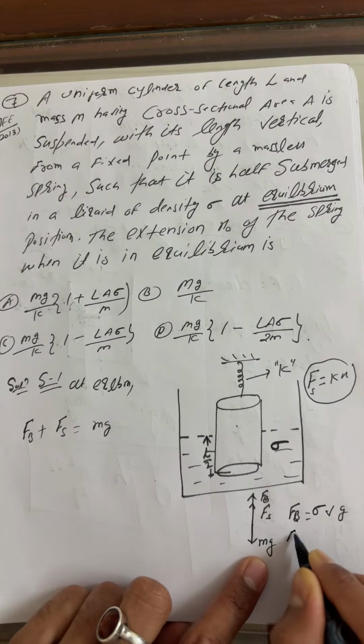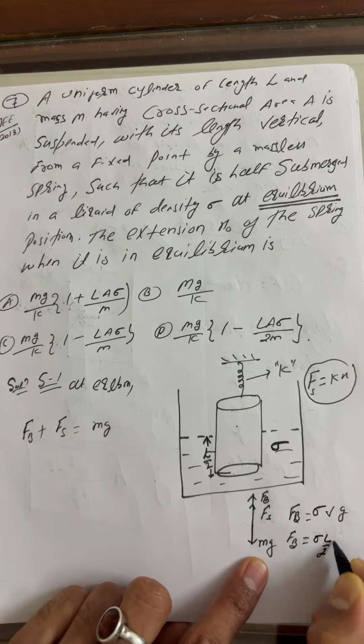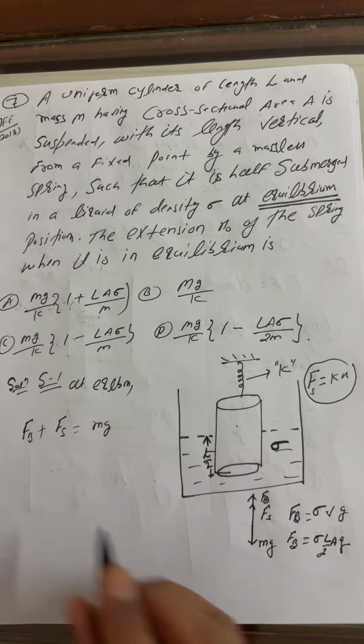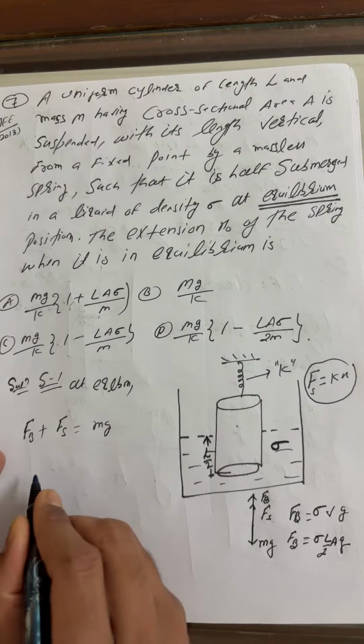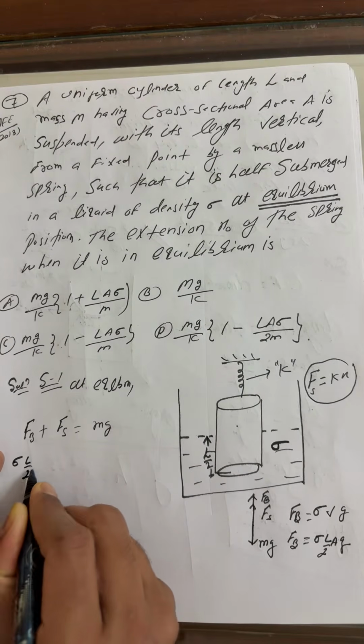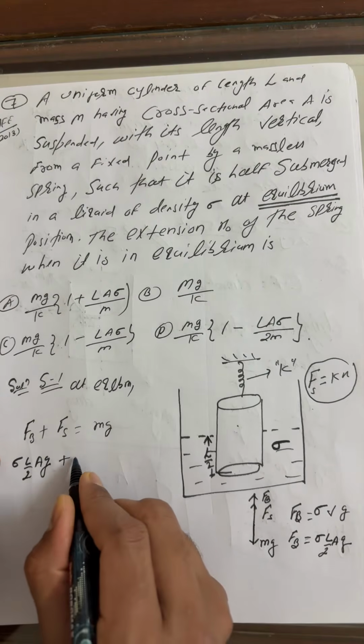So buoyancy force equals sigma into L by 2 into A into g. This is the buoyancy here. So you can write sigma into L by 2 into A into g plus the spring force